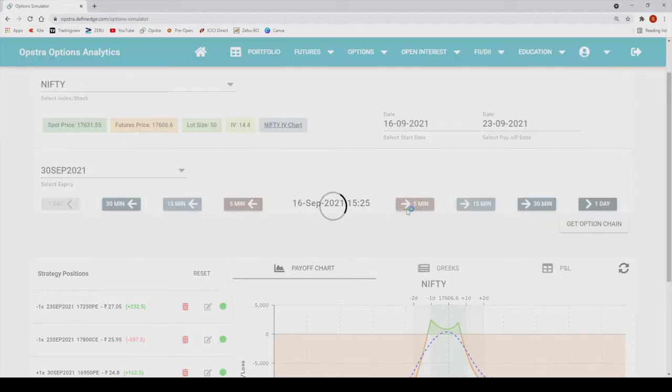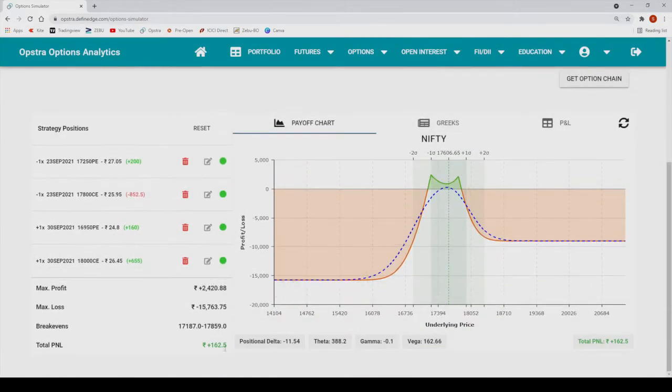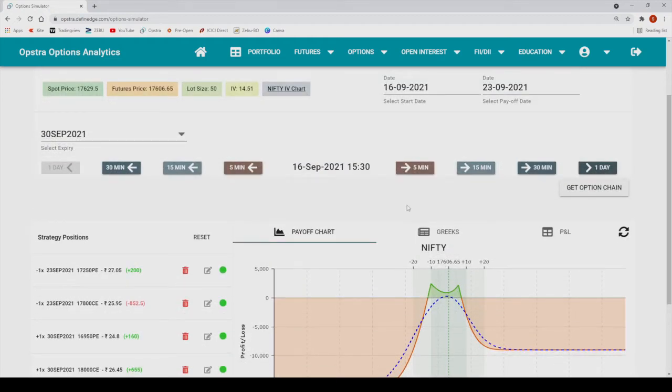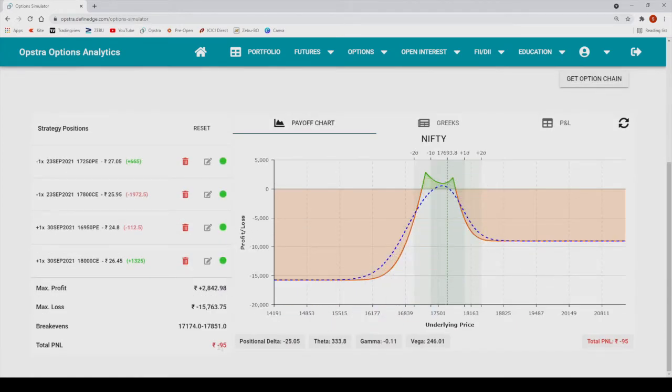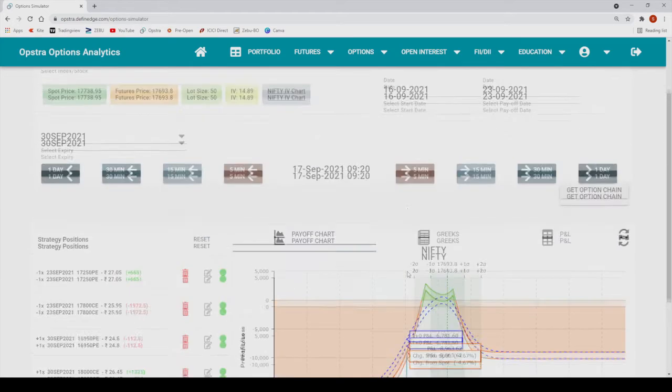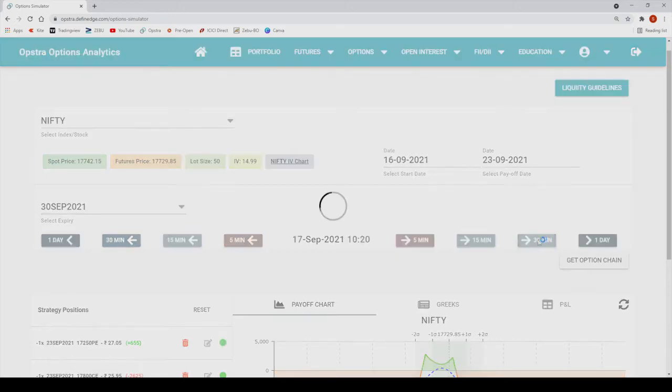So we are almost at the end of the day. 629. So what is our profit? 162. We'll go to the next day. 738. Okay, so we are in negative. We'll go forward. 742,